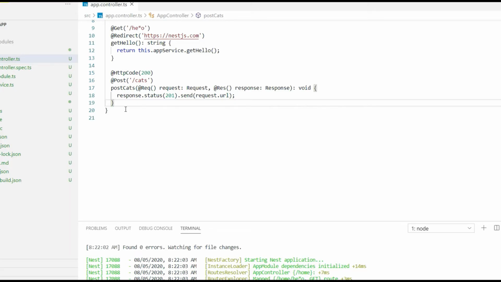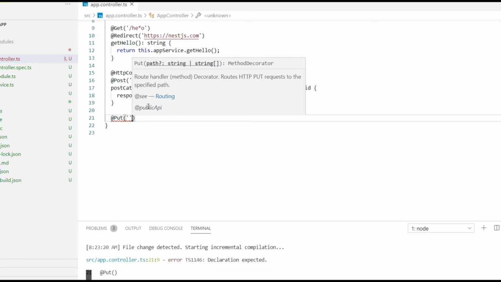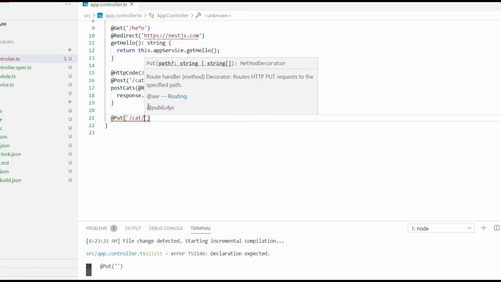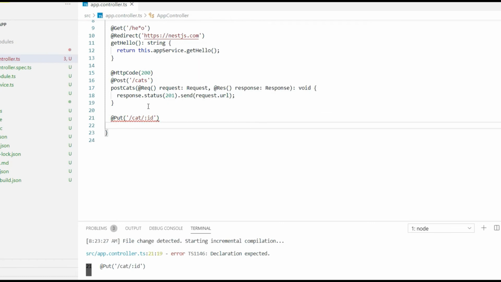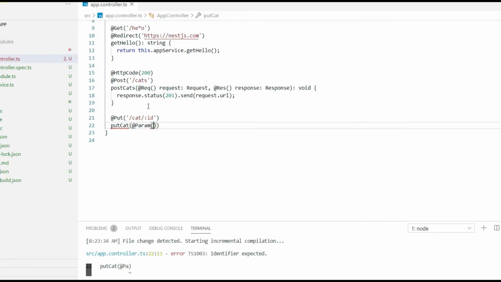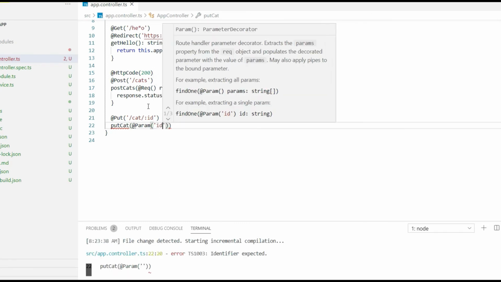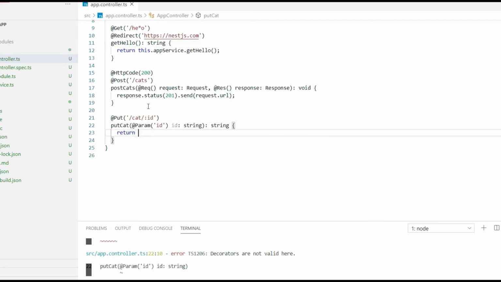To demonstrate this, I'll create a new route with the @Put decorator and I'll specify the path as cat/:id, and my handler method is putCat, and I'll accept the id using the @Param decorator, specifying the name of the parameter, id, string, and I'll just return the id that I'm getting.